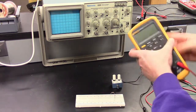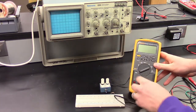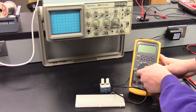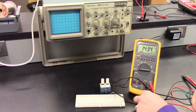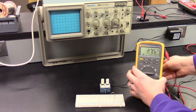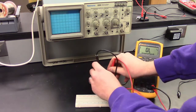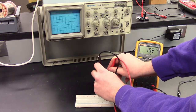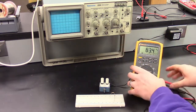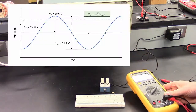I have the multimeter. So now we're measuring AC voltage. Before we were measuring only DC voltage, so we switch it to AC voltage. And if we probe this, it says 7.5 volts, so a bit more than 1.5 volts higher than what is stated on there. So 7.5 volts, but that is the root mean square voltage of the